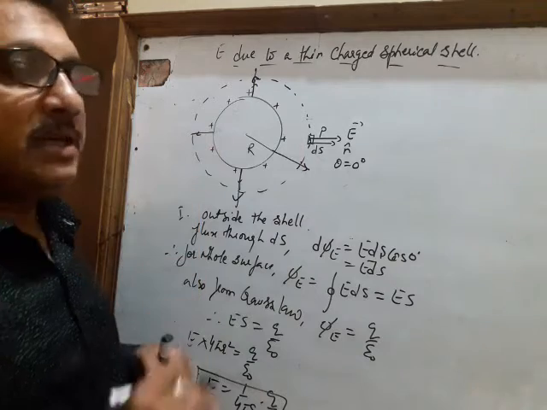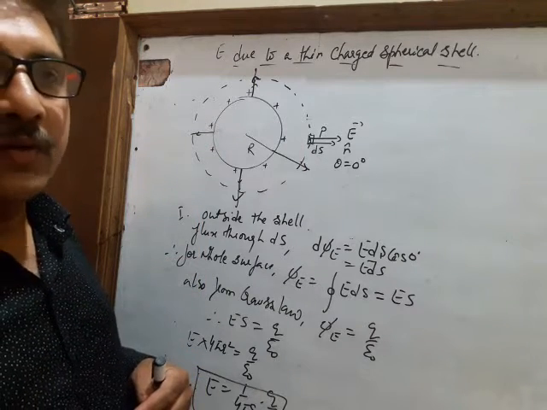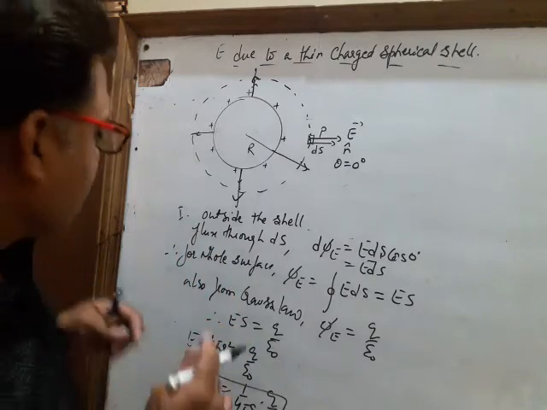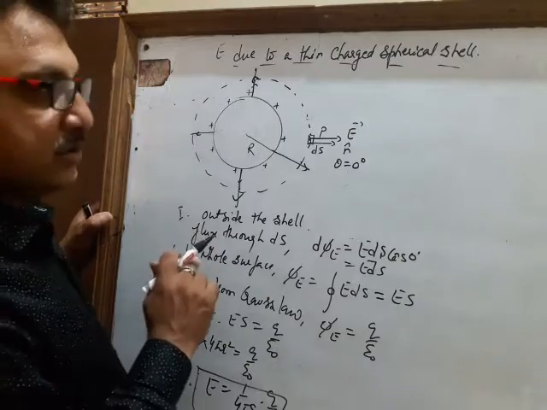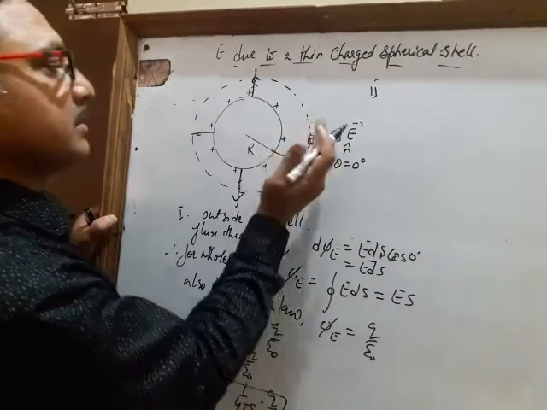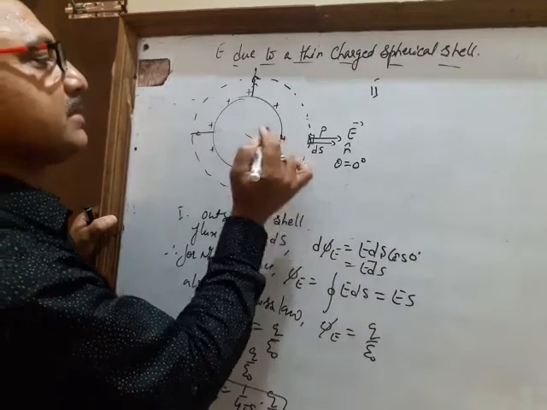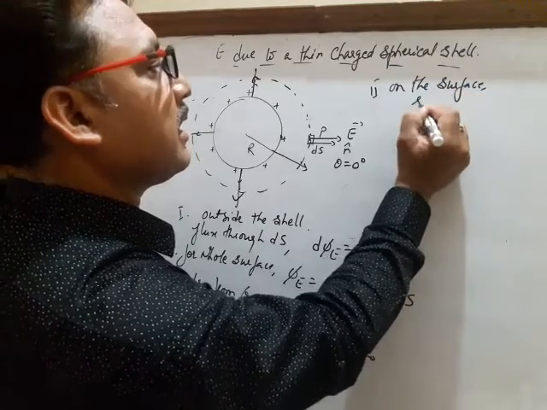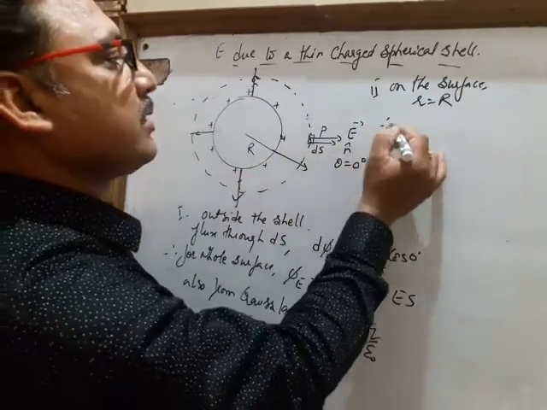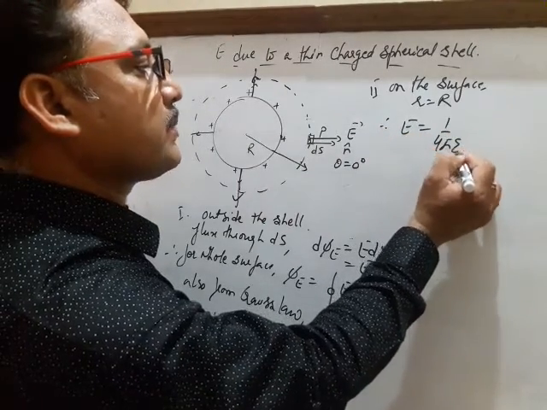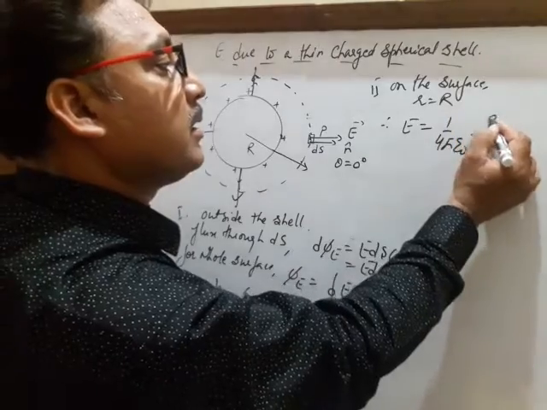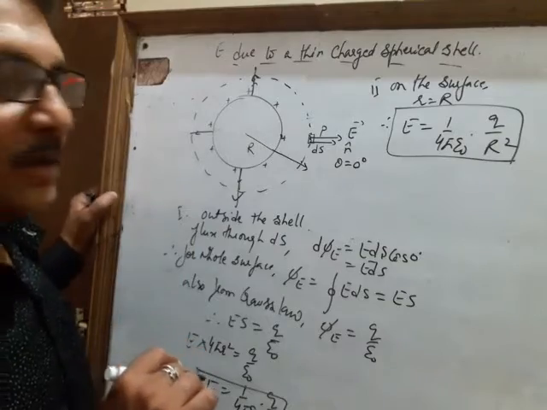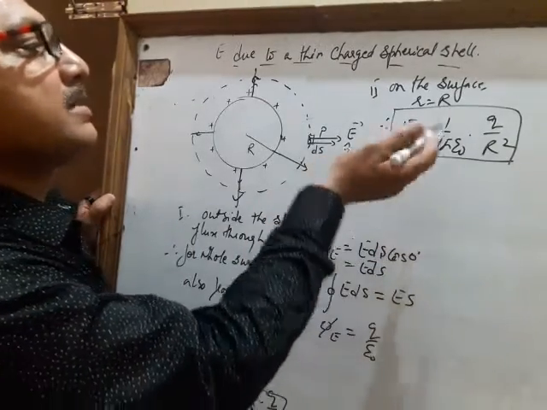This is the formula for the field intensity due to a point charge. So you see this spherical shell is acting as if the whole of the charge is concentrated at the center, and this is acting like a point charge. So this is for the point outside the shell. Second case, now you bring this point P to the surface. So on the surface, small r becomes equal to capital R. So E equal to 1 by 4 pi epsilon naught q upon capital R square. This formula becomes like this. Okay, so this is for the case on the surface.